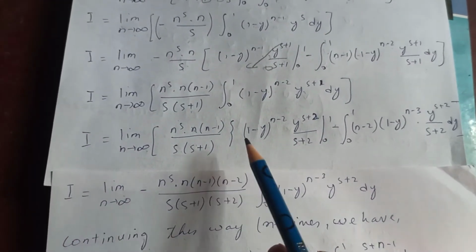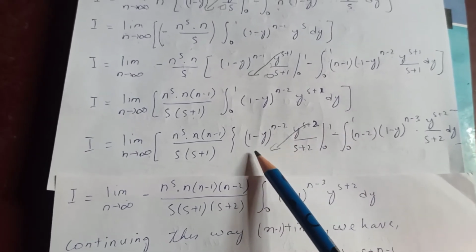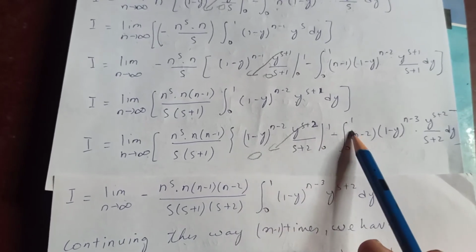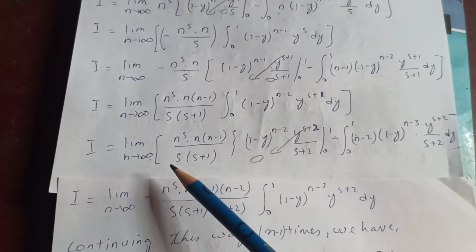Now continue again here, I equal to limit n tends to infinity. If you put here 1, this will be 0, and if you put 0, this will be 0 again. So this term will be 0. We are left with only this term, so minus n to the s and n minus 1, n minus 2 upon s plus 1, s plus 2 again, right? We are left with the integral from 0 to 1, 1 minus y to the n minus 3, y to the s plus 2. Now if you look at this pattern,